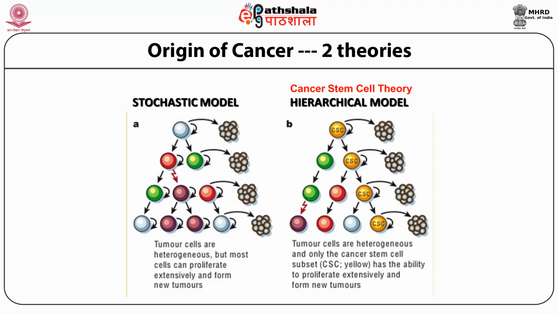However, the second theory, which is the cancer stem cell theory, is also called the hierarchical model. In the hierarchical model, as is seen, there is only one cell type, which is represented here with a yellow ball, which can give rise to the tumor population. Here, the tumor population is definitely heterogeneous. However, they all carry a characteristic cancer stem cell property. And these also have the property to extensively divide and form the tumor.